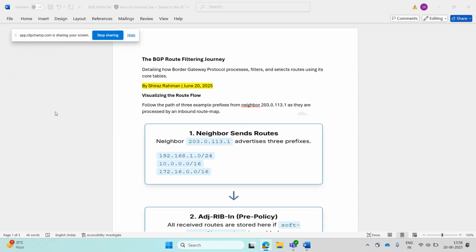So today we are going to discuss BGP route filtering, especially on the incoming routes. We have a neighbor and a receiver. The neighbor wants to send three routes to you, and you don't want to accept all three. You want to have just two of them, right? So what you will do is create a prefix list. With the help of the prefix list, you can do a route map, and with the route map you can